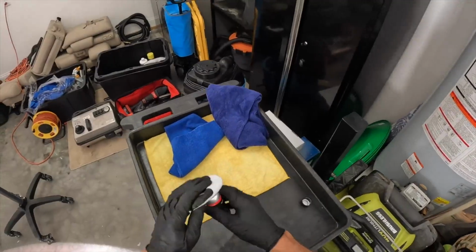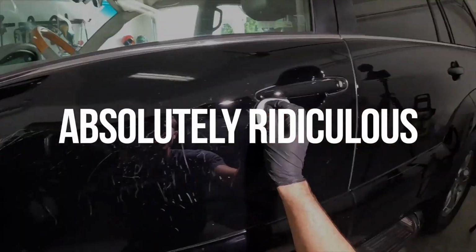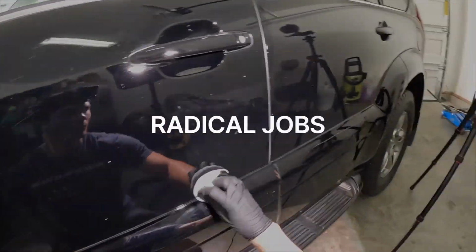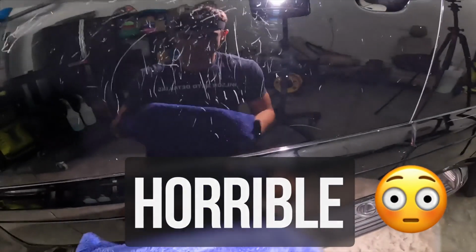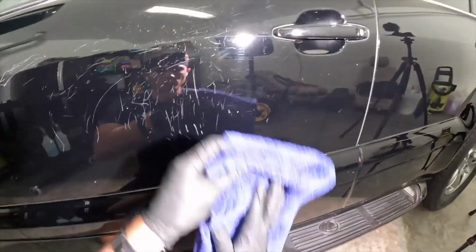Now I know a lot of you guys hear me say putting a ceramic coating onto paint that is not corrected and you want to burn me at the stake because this is absolutely ridiculous. But before I show you one of the most radical jobs that I actually did this on, because the paint was absolutely horrible and yet we put a ceramic coating on it anyways, I want to make a really quick disclaimer. I decided a long time ago in my detailing business that I really didn't want to have to decide